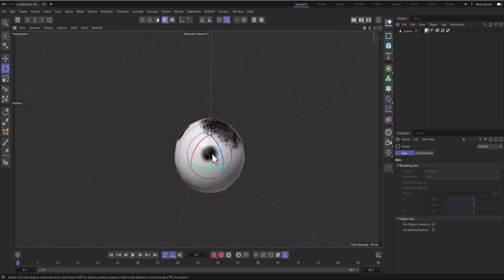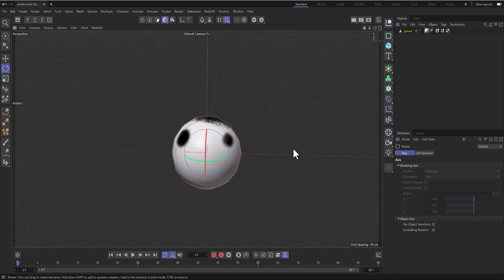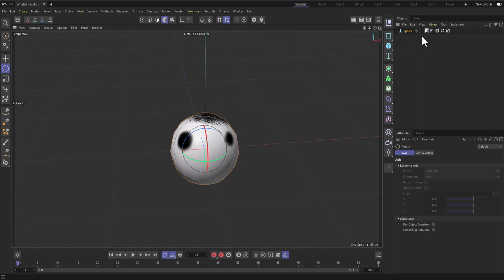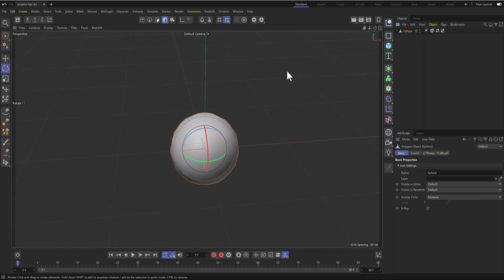That's better. Now this is where the hair is going to grow. At the moment it's been applied as a diffused color map, but we don't need that. What we need is the location of the texture map. I'm going to delete this material. We really don't need it on there, but what I do need is to create some hair from